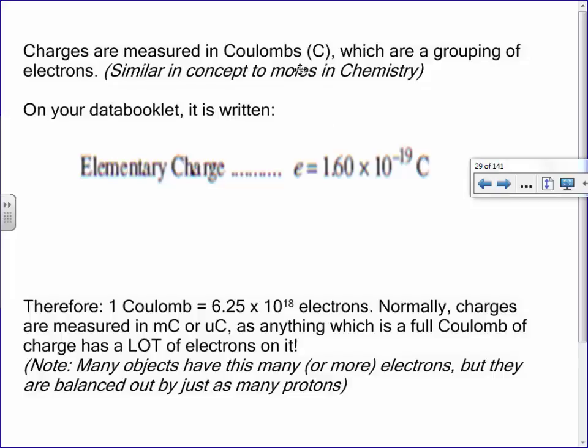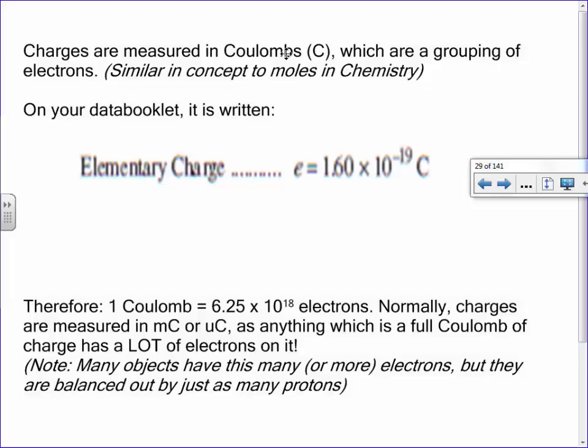We talked a little bit about a coulomb. A coulomb is basically a fancy way of saying, let's not count electrons one at a time, because that's dumb. Rather than say, hey, this guy has one extra electron, that'd be ridiculous. So kind of like we have a mole in chemistry to describe a lot of atoms, or for eggs or donuts, we measure them in dozens. We do the same thing with coulombs. A coulomb is basically a lot of electrons.